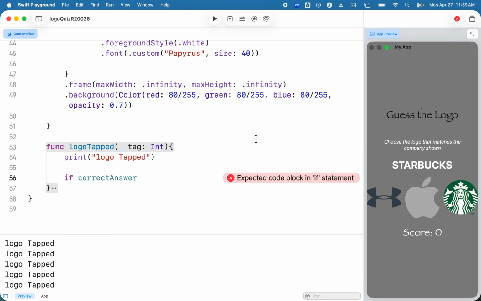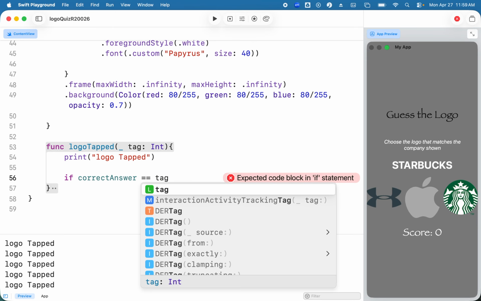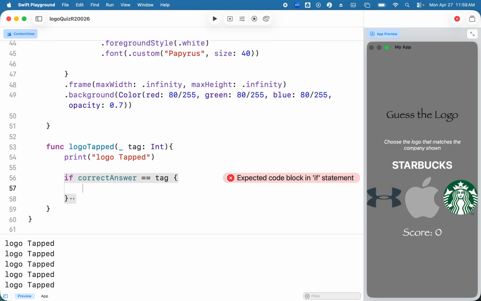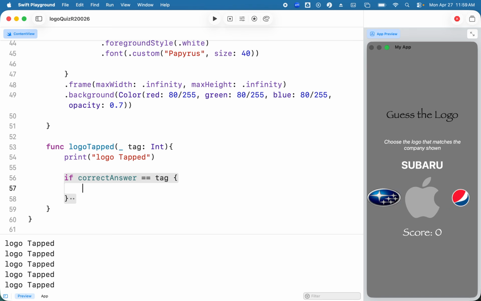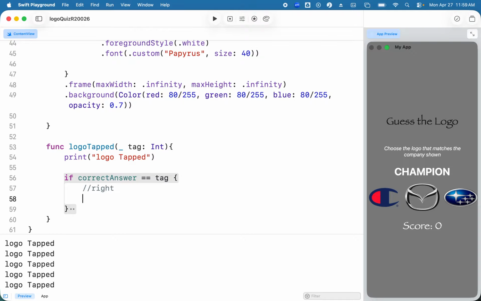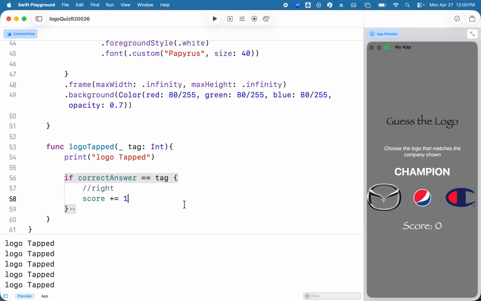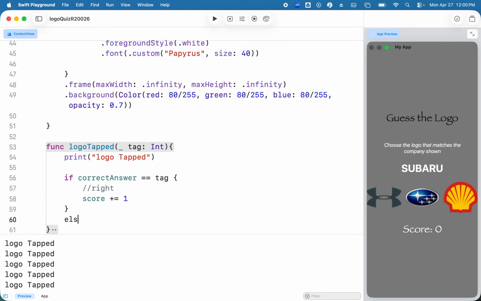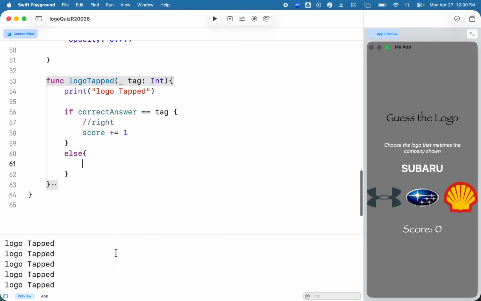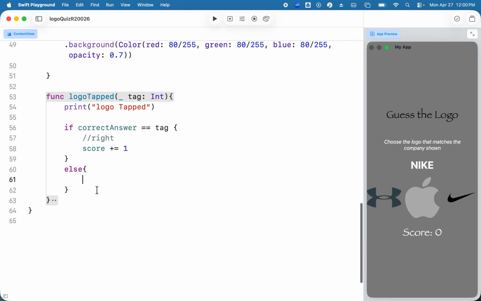So if the correct answer truly equals the tag, then I want it to say that it's right. So if it's right, and I'm going to put a little comment in here, I want to take that score and increase it by 1. All right, then if it's not, so that would be my else, and now I'll get rid of my console because I don't need that right now. So if it's wrong,